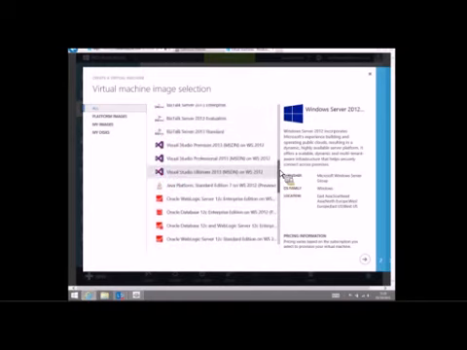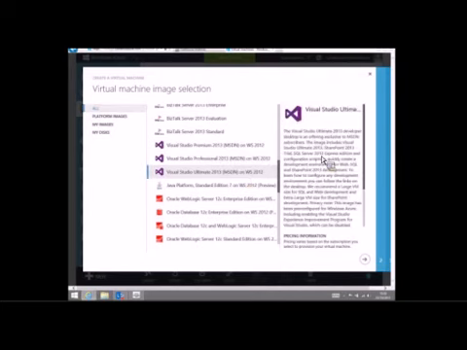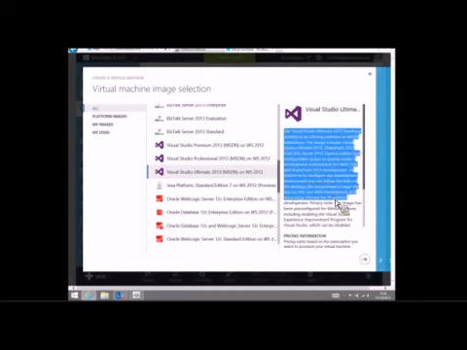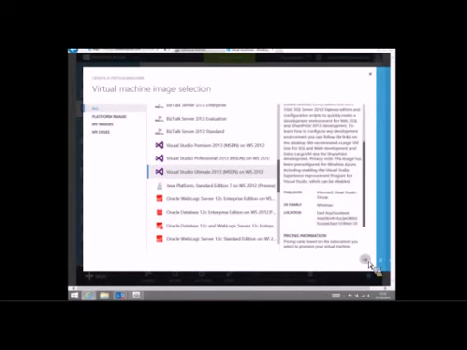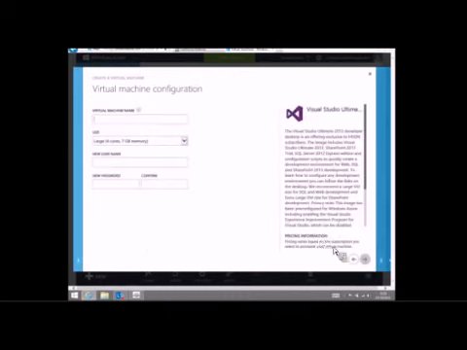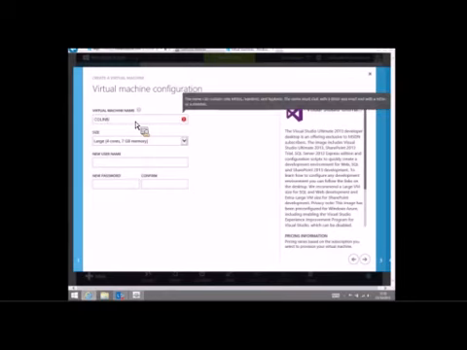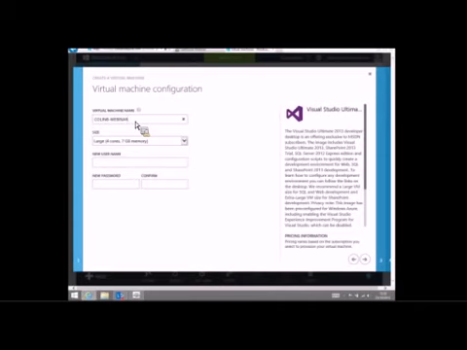Now for my demo, I'm just going to create a new Visual Studio image, and this description tells us about what's installed on this machine. It's got SharePoint installed, SQL Server, and it's got Visual Studio Ultimate installed on that. And we can get all the details that we want from this. Literally, I'm just going to say I want an instance of this, and I'm going to give it a name. So I'm going to say that it's called Colin B dot, I don't know, webinar or something like that.